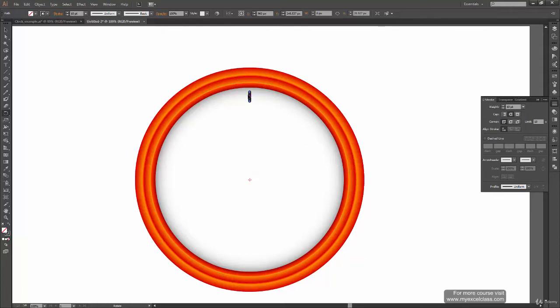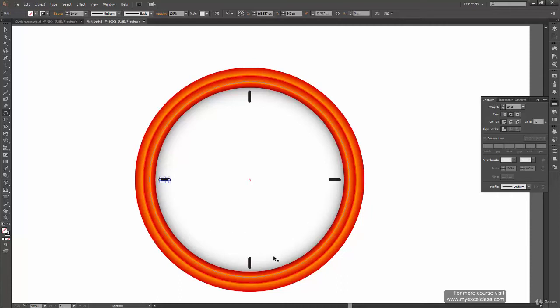Now to rotate and copy your shape to the 90-degree position, you can press Alt and start dragging. When you reach 90 degrees, you can release your mouse click, or you can even press Shift to have the shape snapped exactly at 45 or 90 degrees. When you release your mouse click and release your Shift and Alt keys, you have your shape copied. Again, you can press Ctrl D to copy the shape again. Okay, so this is one of the techniques.